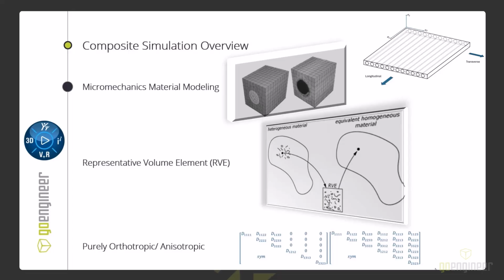So the second approach to composite simulation is to use the representative volume element method. So this essentially works in that you take your fiber and your matrix properties and you take a representative element out of those two. You figure out, okay, based on this unit cell element, how does this structure react? How is the stiffness different in these different planar directions? And then you assign that representative stiffness as a homogeneous material to your metastructure, right, to the structure as a whole. So this is a very popular approach, and it's one that I'll be working through in our